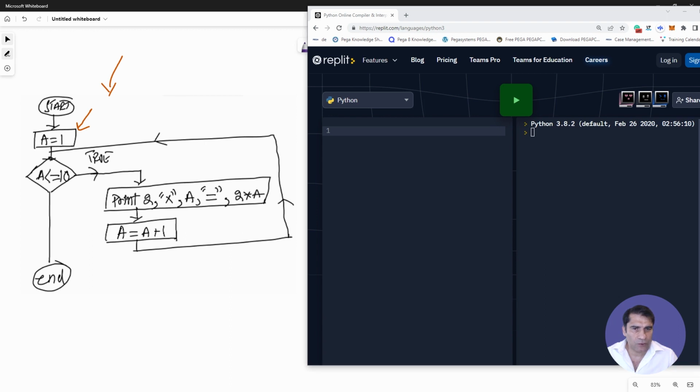So a is equal to 1. We will have to write it as it is. Now the next instruction is, we know that this instruction is while, because this is basically the loop. So it will execute these lines and it will go back to the top. So we have to use the while instruction. So we will write while here,